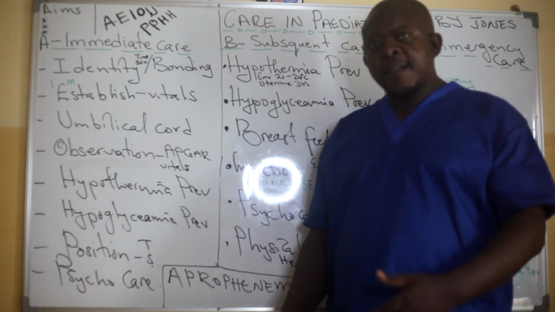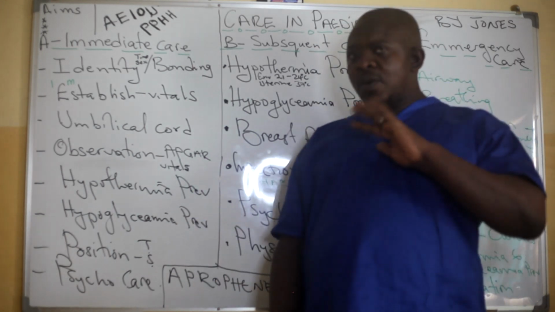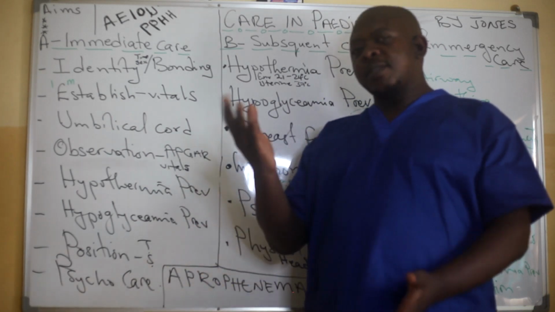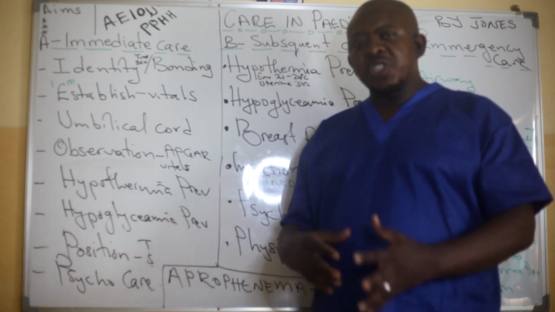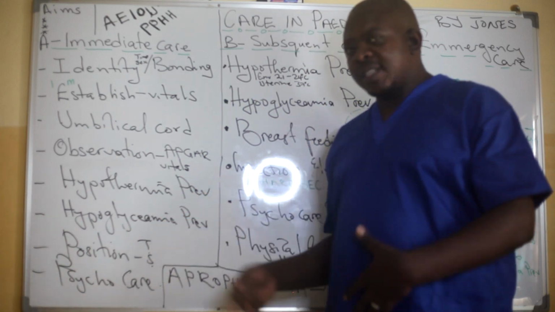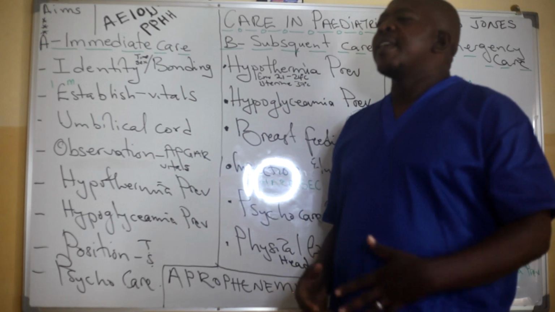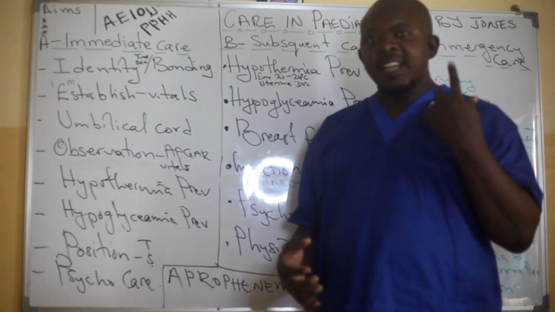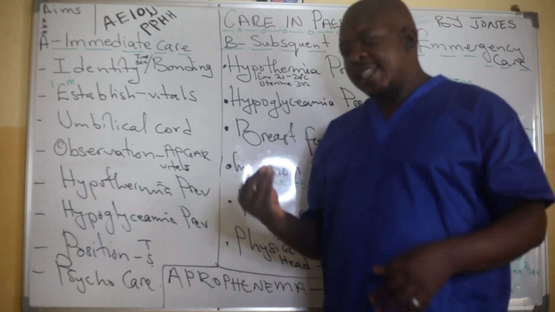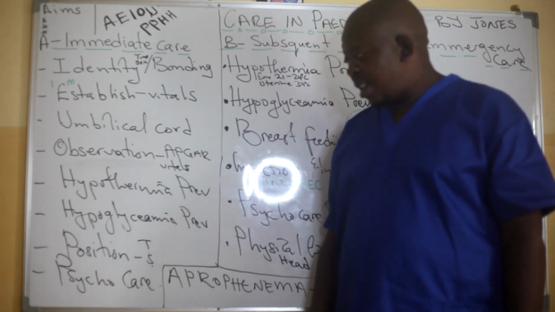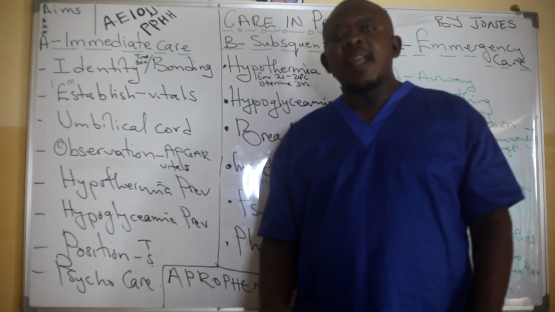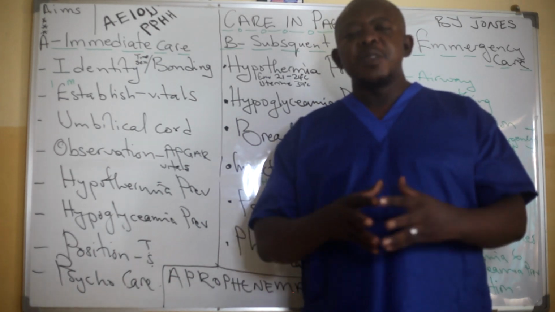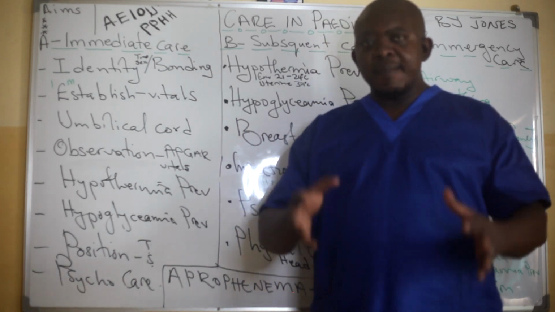So Trendelenburg, where the head is a little bit lower and the body is tilted up. If it's contraindicated due to increased intracranial pressure and other things, you can do the sidelining, with a pillow on the side to prevent the head from tilting, so that there is adequate drainage of secretions. Then psychological care. Under psychological care to do with immediate care of the newborn, we are necessarily talking about